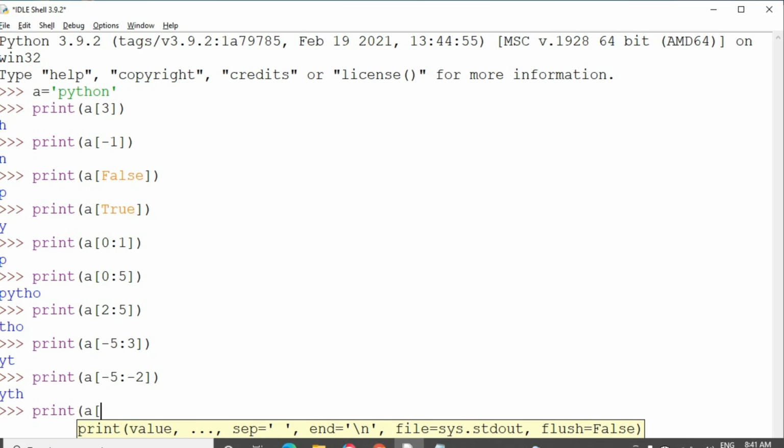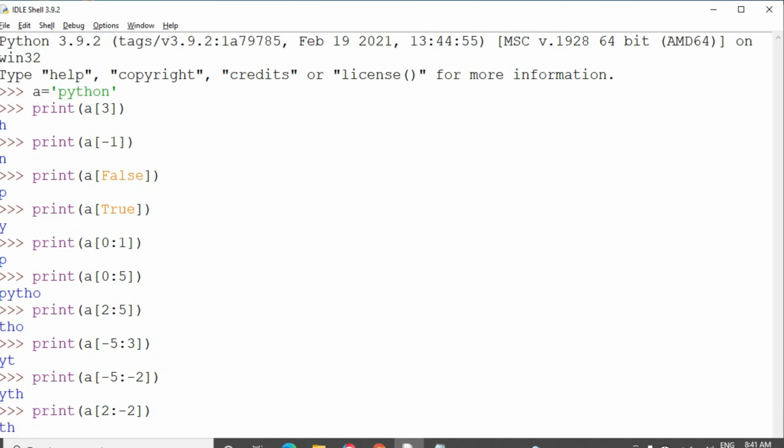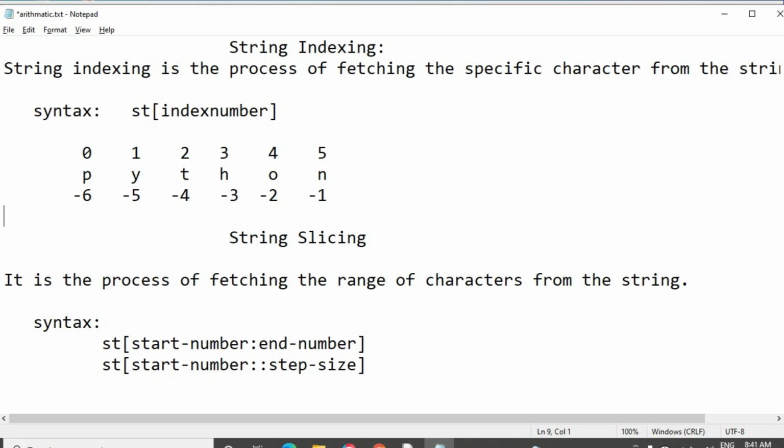Let's see another example. A of 2 colon minus 2. Two means this, minus 2 means O. Okay, n number is minus 2.